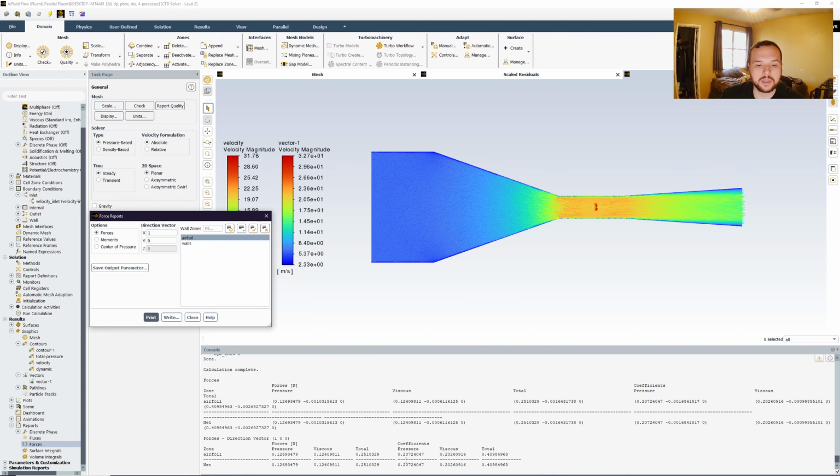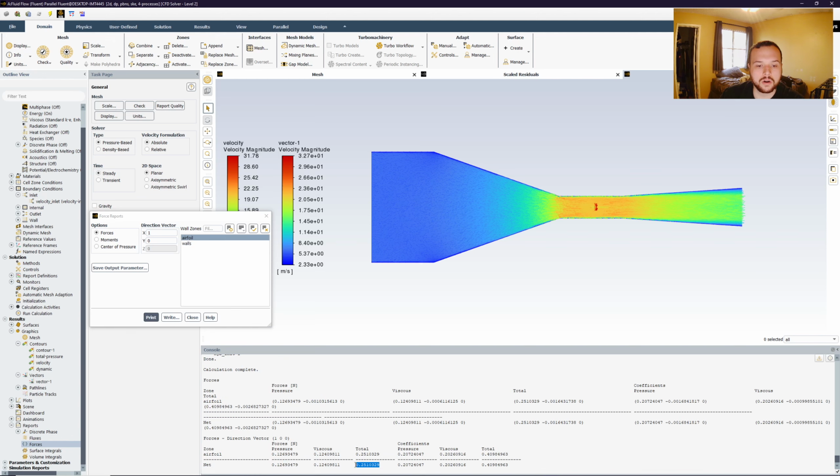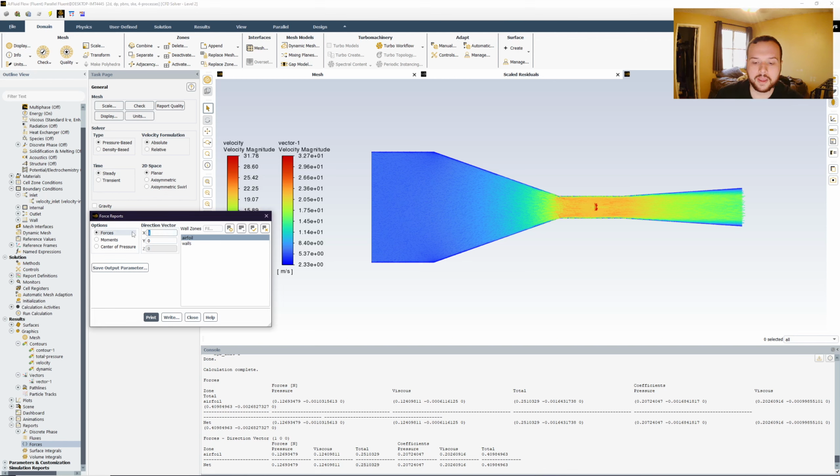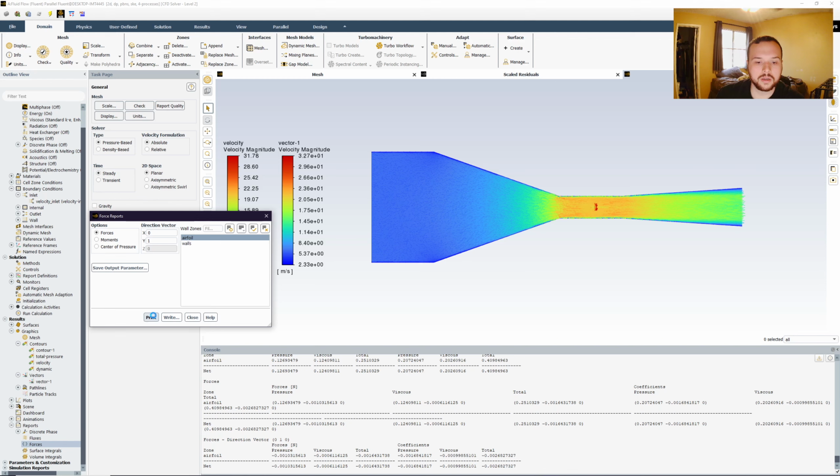And so now down here, we've gotten our total drag force along our airfoil. This is not the drag coefficient. We have to non-dimensionalize it in order to get the coefficient of drag. So now we do the same thing for lift, which is x equals 0, y equals 1, print,